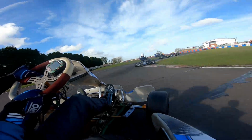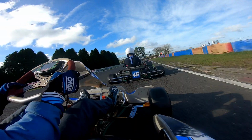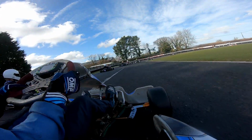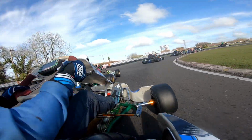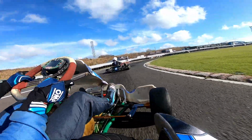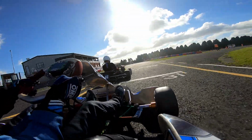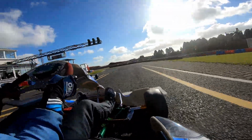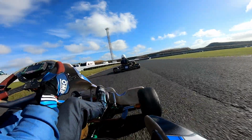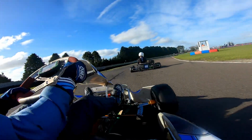As you can see, once again, she's taking it very defensive. So it's going to be difficult to try and get around. And I'm going to try and send it here as we head in towards the hairpin section. But she just shuts the door on me. So sadly I just can't make a move stick. But once again, the pack is starting to pull away, and she's kind of holding me up here, so I need to try and get around really now or never, because I'll never be able to catch up to the others if I don't. But nevertheless, she defends very well as she's going defensive once again in towards turn 2